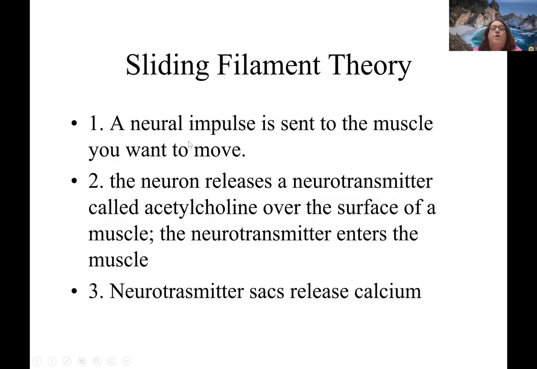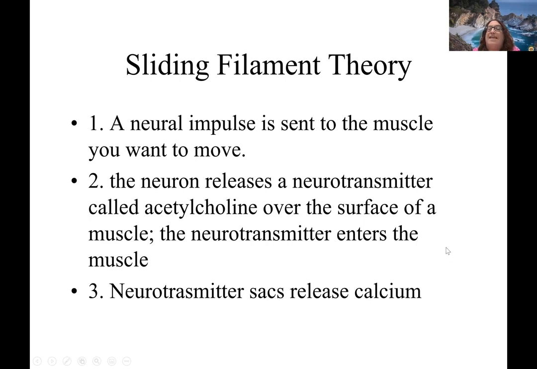So it starts with a neural impulse sent to the muscle that says you want to move. So we've got a little nerve signal that comes in and says, okay, this is what we want to do. The neuron releases a neurotransmitter called acetylcholine over the surface of the muscle, and the neurotransmitter then enters the muscle. So that neurotransmitter entering is basically what's going to tell the muscle, this is what to do. That neurotransmitter causes